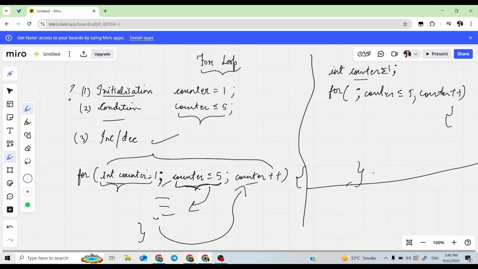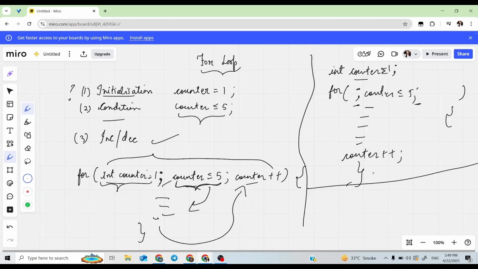The next one is that instead of incrementing here, you can simply increment it after doing some work. You can increment here also, same like the while loop, but you have to put the semicolons here also. This is another syntax of writing the for loop, same as the while loop, but you have to write semicolons here. The other body remains the same.